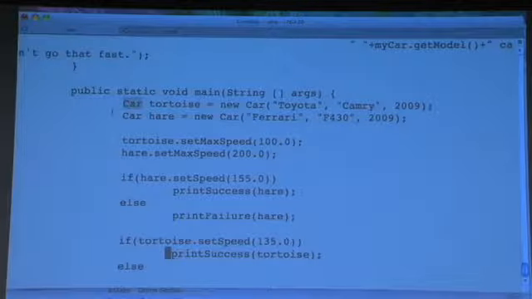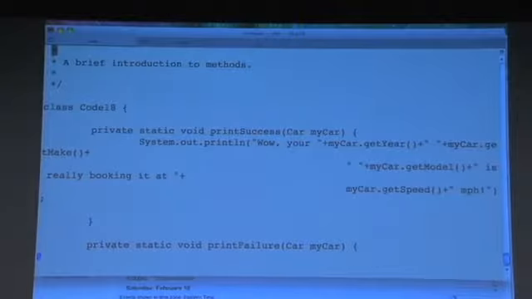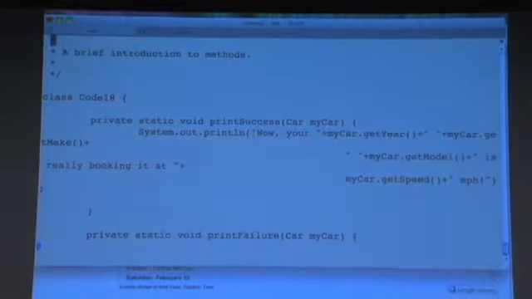We can just arbitrarily say this will be miles an hour. So we'll try to see if we can set the speed. If it returns true, as you can see here, then that means that we've successfully set the speed of this car, and we can print out either a success or failure dependent on the completion of this particular method. So now what else is happening in this same class is that we have two functions, print success